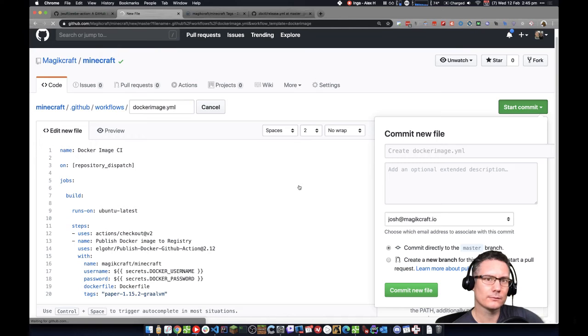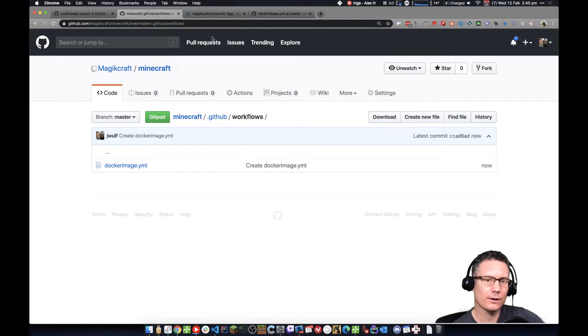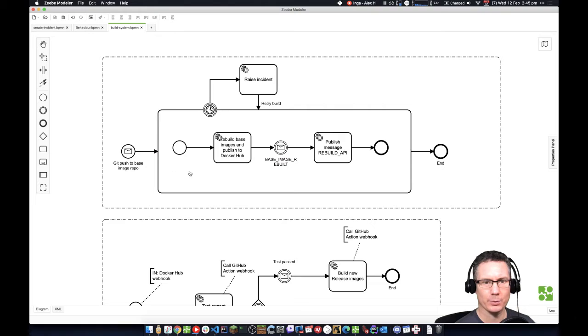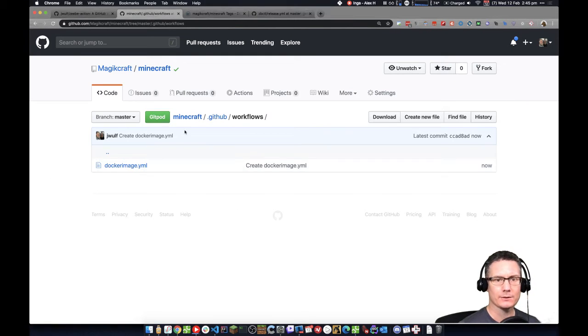Now, that gets triggered on repository push, which is this. This does a repository push. What we need to do is create this workflow, an instance of this workflow, by sending a message on push to here. So